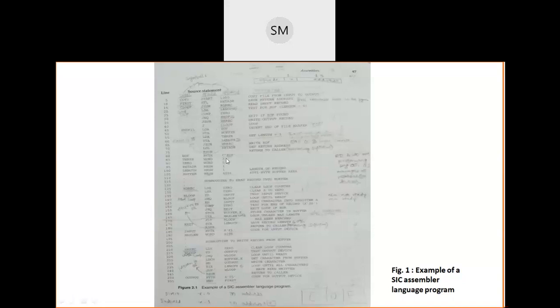Clear? Sir, why have you taken accumulator register A here to store this character constant? Because E takes 1 byte, O takes 1 byte, F takes 1 byte, and the length of my accumulator register A is also 24 bits. 24 bits is nothing but 3 bytes, so it can fit here. So I have taken A here to do some arithmetic operations. Clear?